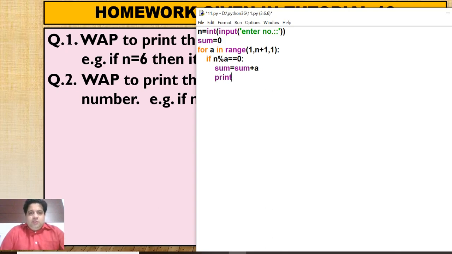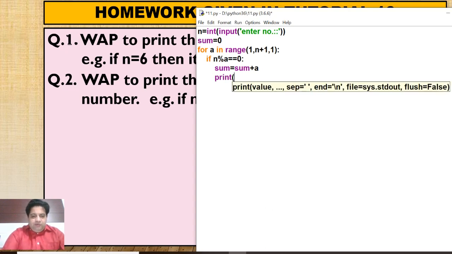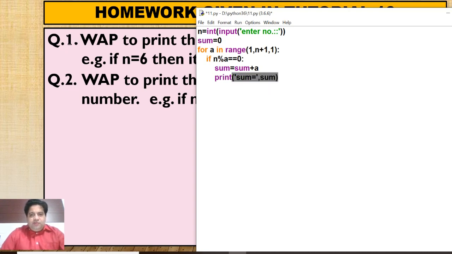Now again, the most important thing that we have discussed in the previous video: where to write the print statement. See, there are three places.